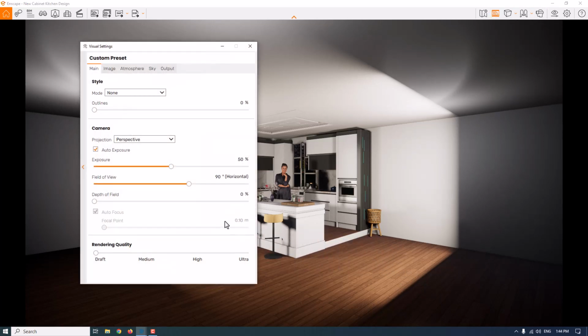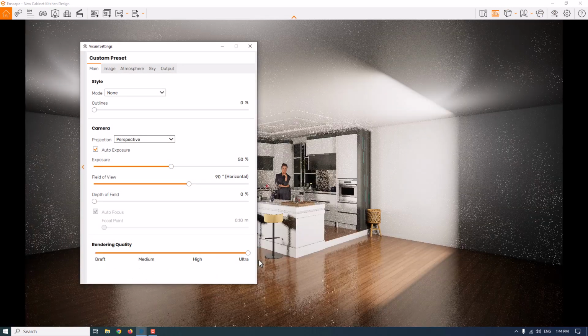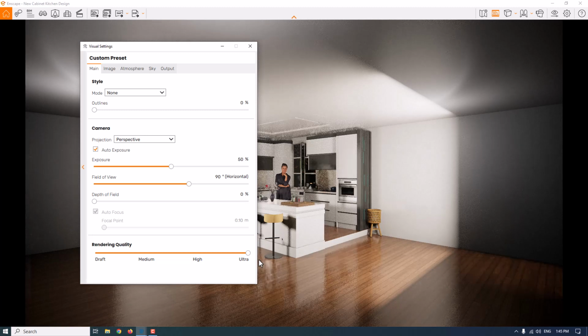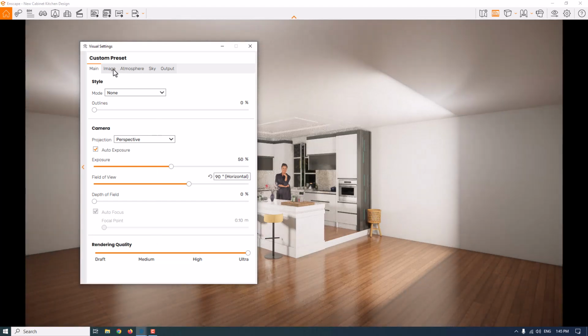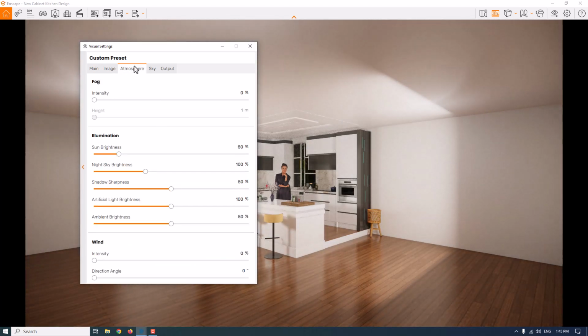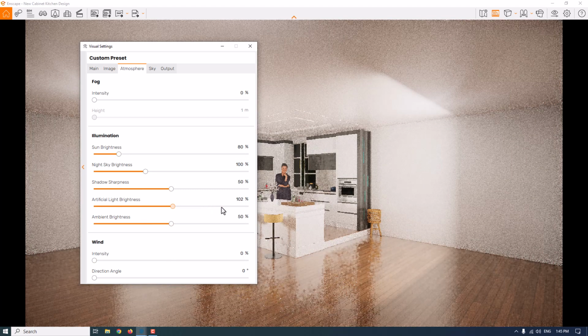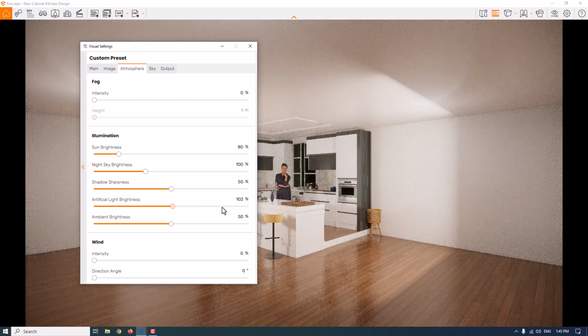So I'm going to click on the visual setting in here, my rendering quality and the draft option. I can change it to the ultra because I need full calculation of the lights and environment. Alright, it's done for me. Now I want to come to the atmosphere. As you can see, I'm going to use the artificial light brightness and increase it as I can to some number about, for example,